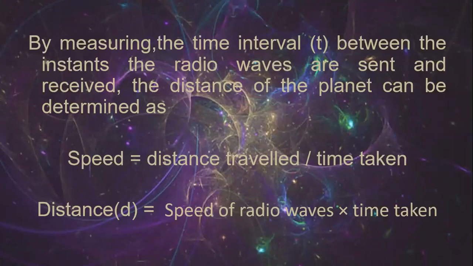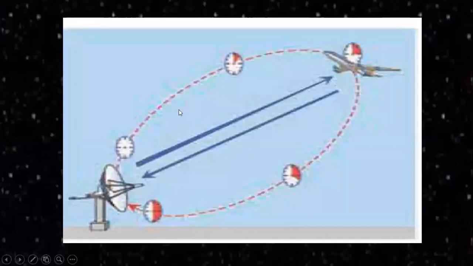These radio waves are nothing but the electromagnetic waves. So these radio waves always travel with the speed of light. Here the picture is showing the transmitter in the earth station. This is an antenna. The antenna will work as a transmitter as well as a receiver. Now from this transmitter, these radio waves will be traveling and it is reaching a target. Now here in this picture, the target is an aeroplane.